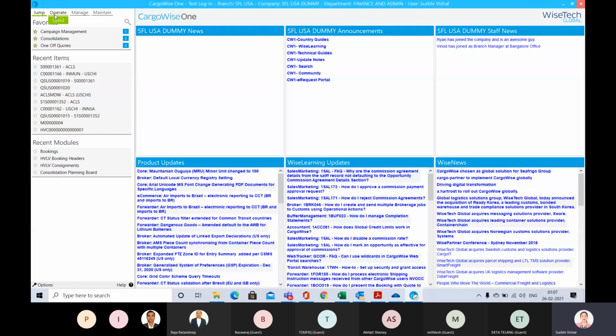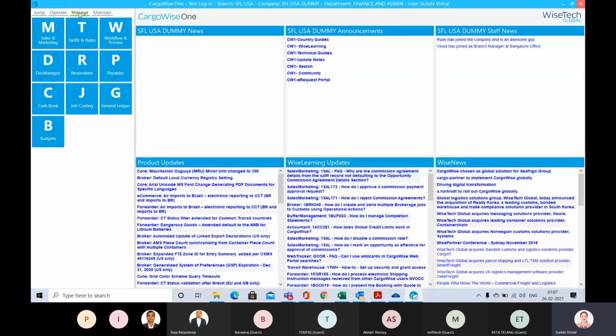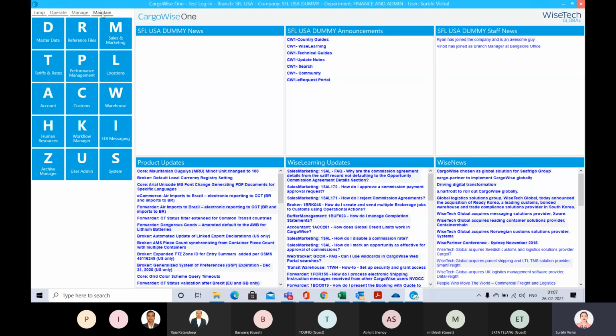Fine. So the next is operate, manage, and maintain. Maintain is basically where we have the administration kind of activities, like organization master creation, security rights, registry settings, workflows. These all are in our maintain system.